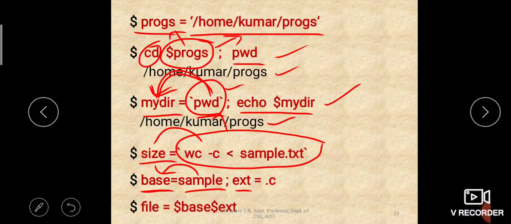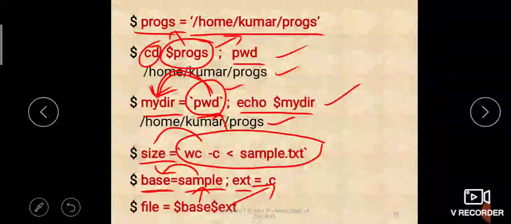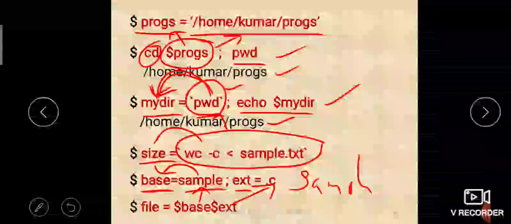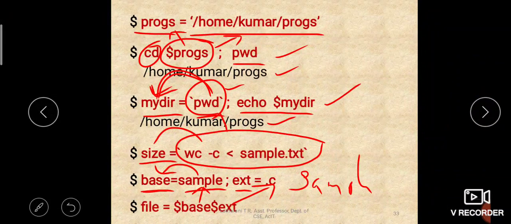So then if you say file equal to $base$ext, $base is sample, $ext is .c. So what will it create? It will create a file name called sample.c, right? The sample.c file name will be created, and it will be stored in a variable called file.